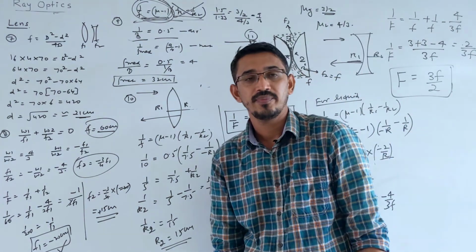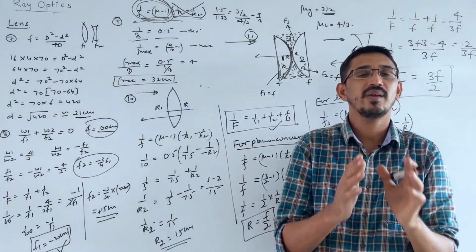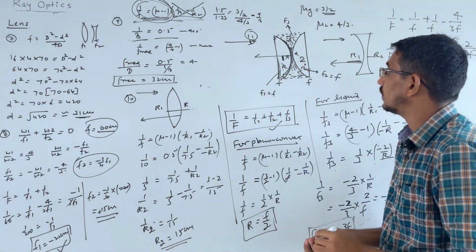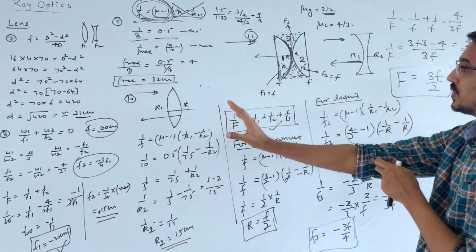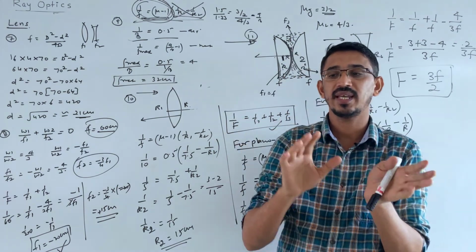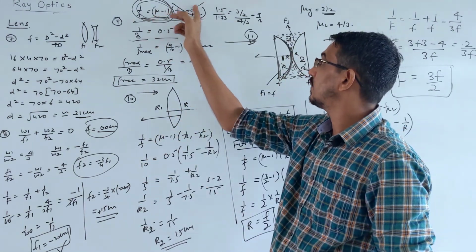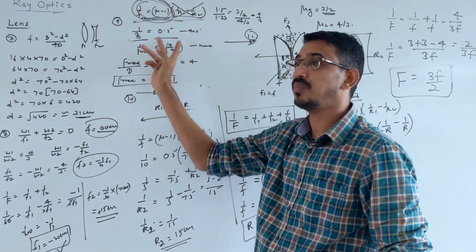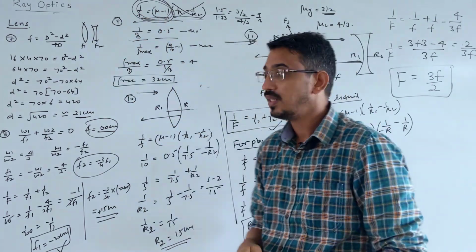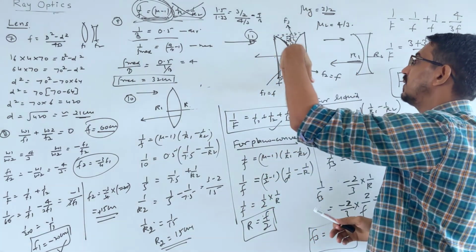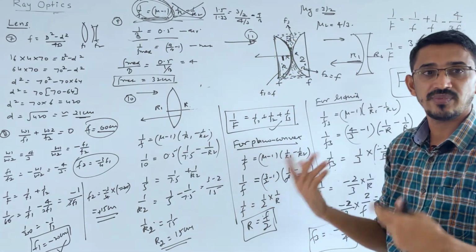So the overall focal length being positive means overall it will behave like a convex lens only. So what we did actually is two types of questions. One question is where you put a lens in air, then in a medium. Then you write these equations. This will not change. You write it for air, write it for medium, divide them, and you will get your unknown answer. Then there is this type of question. Two lenses are given to you and some material is filled between them, so you have three lenses. They ask you the net focal length.